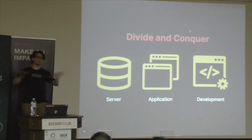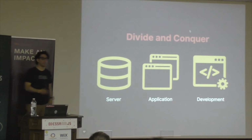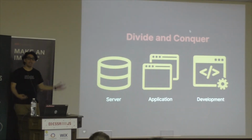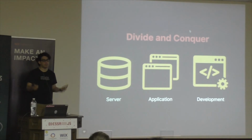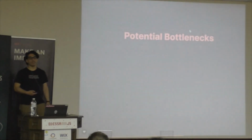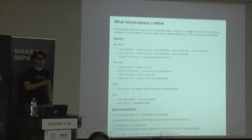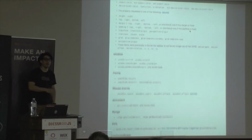Performance is huge. There are so many different things that you can work on, and we decided to divide it into 3 main categories. The server, which is API requests and CDN. Application, which is HTML, CSS, and JavaScript. And development, which includes our build and CI speeds. And each one of these has potential bottlenecks. This is a comprehensive list put together by Paul Irish that lists all the things in JavaScript that are render blocking,